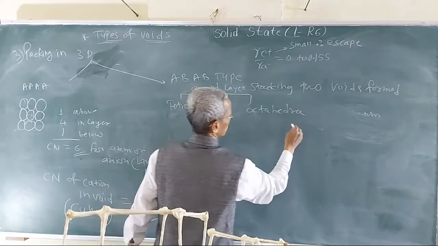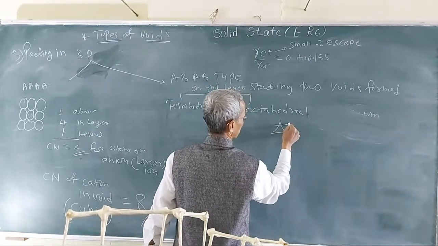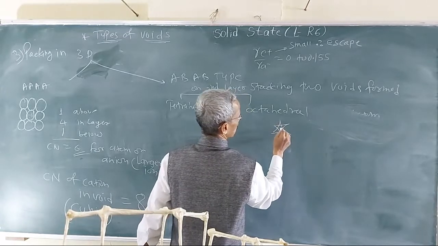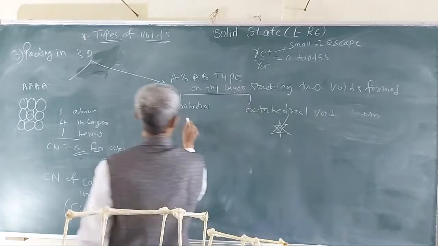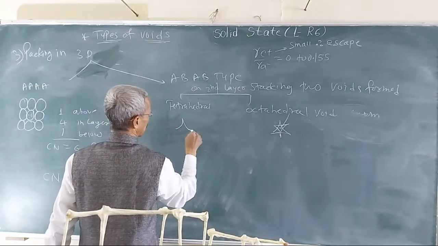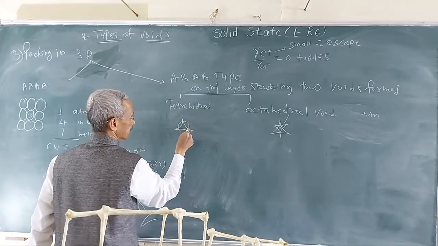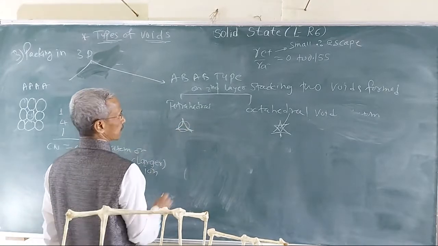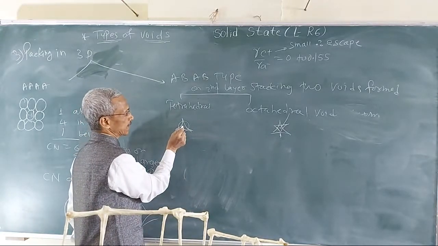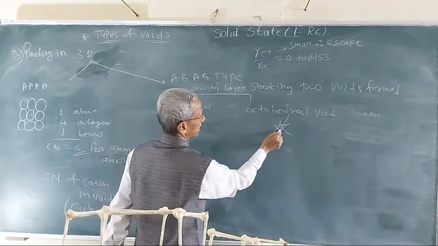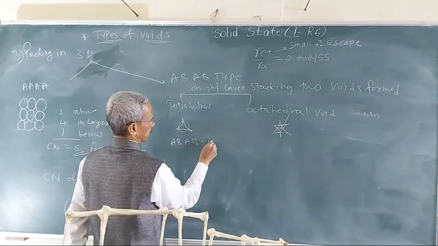Okay, like this. So octahedral is, in one plane and in the second plane there will be like this. So there is an octahedral. And here in one plane there are like this, and then the one on the tetrahedral, this is the one, a square is there. So here, if the third layer is placed on the tetrahedral or octahedral, then the AB type,